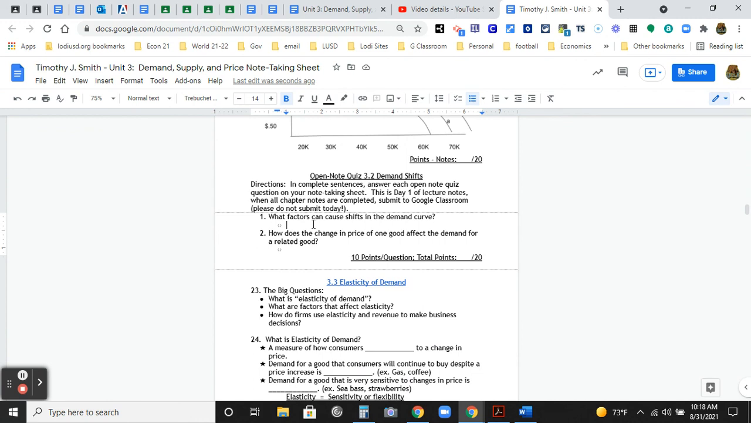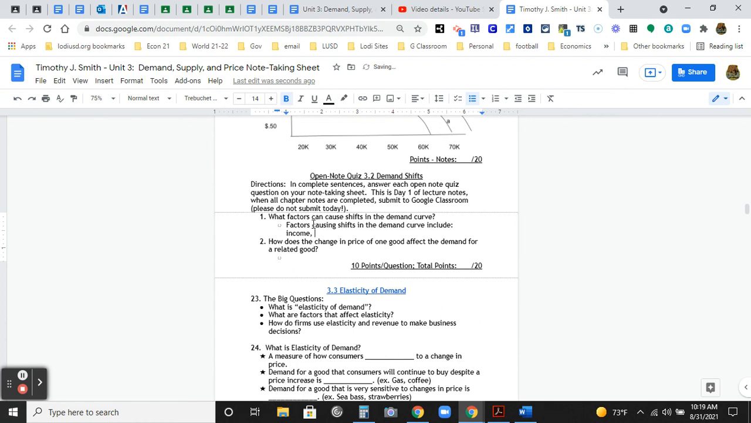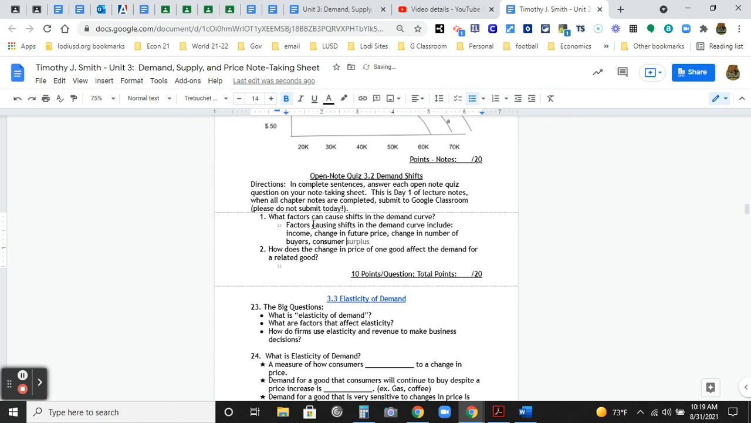What factors can cause shifts in the demand curves? Let's see if we can get them all. Factors causing shifts in demand curve, not just moving along with price changes, but real shifts include. So we're making a list. Notice how I set it up. Put some words in ahead of time. Income, change in future price, change in number of buyers, whether it's more or less, consumer trends, often affected by advertising, and